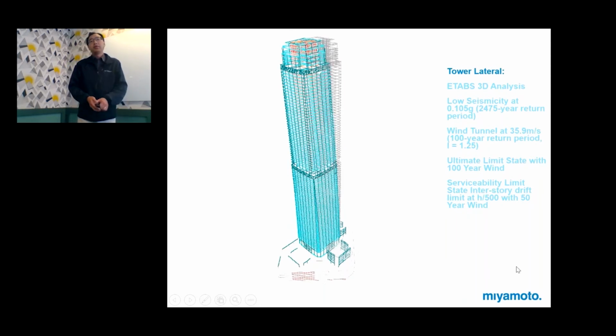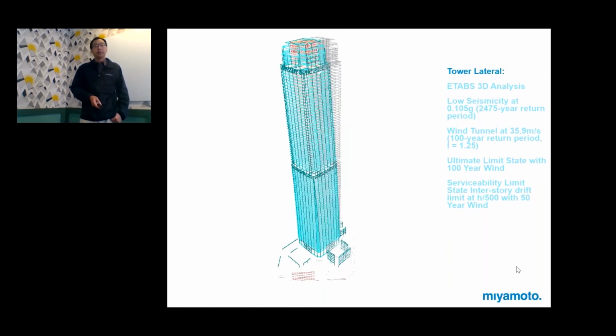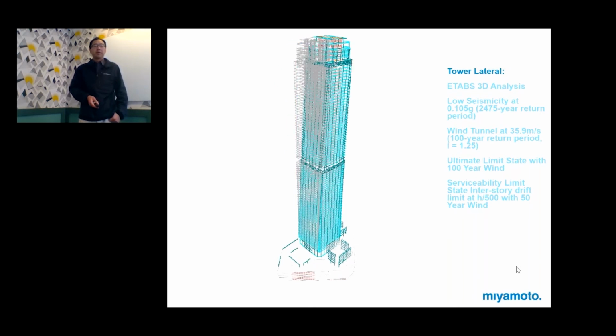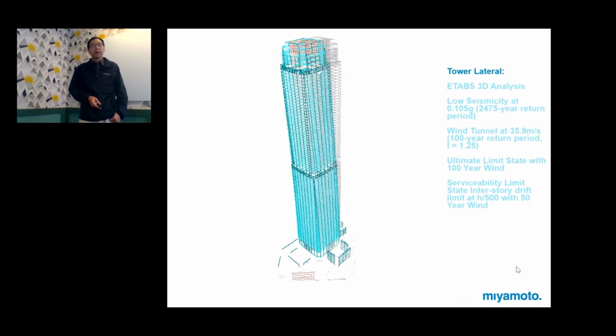So we use ETAP 3D analysis to do our design. Kuala Lumpur, Malaysia is surprisingly low seismic, only 0.105 G. And then we do have a wind tunnel study and wind tunnel force that we need to apply to design the tower,